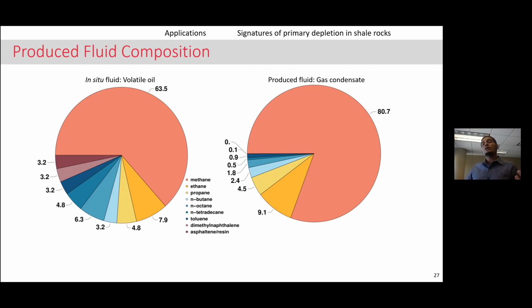Why is it important? Because if you're going to be injecting a solvent to recover that hydrocarbon, the solvent that you're going to be choosing is, of course, going to be dictated by the pressure and temperature conditions in the reservoir, but more importantly is going to be dictated by what's left behind in the pore spaces. And so knowing what's left behind in the pore spaces, what kind of solvent you need to be using, and things like that becomes really very important.